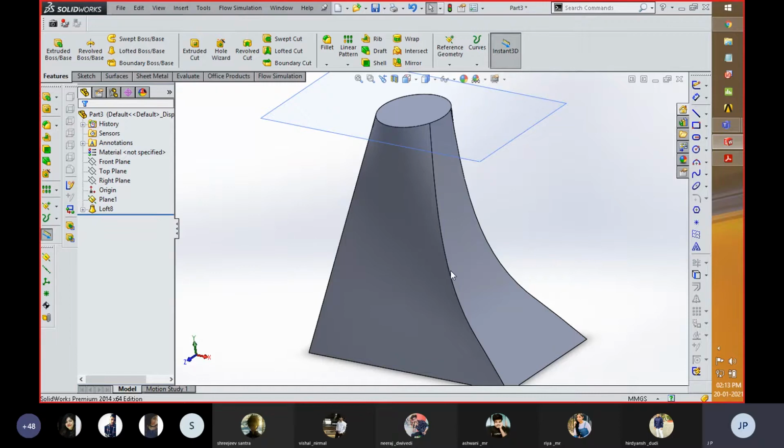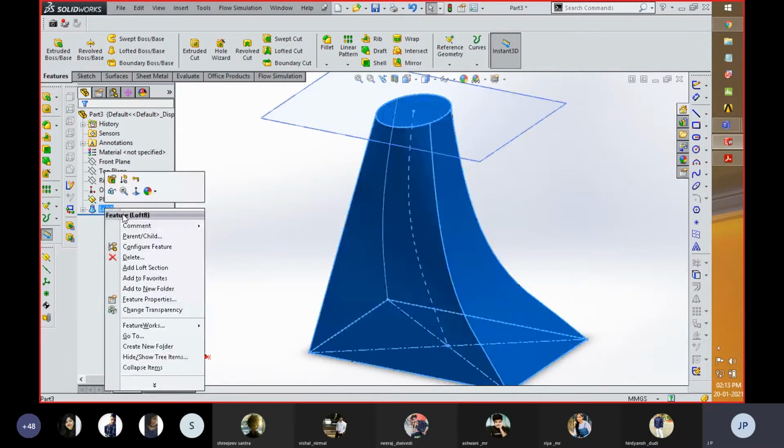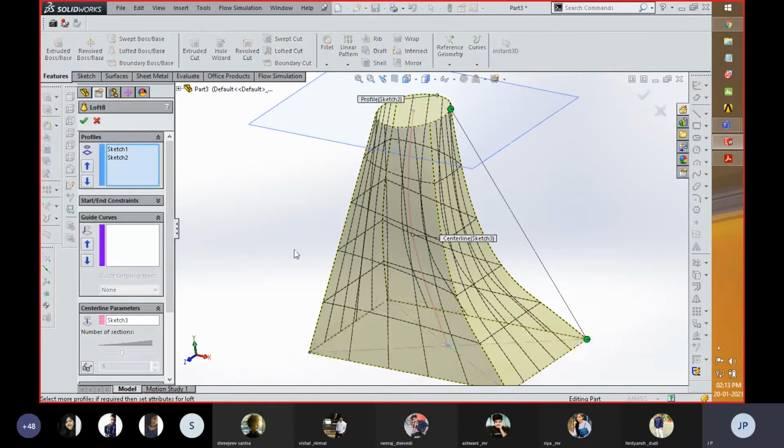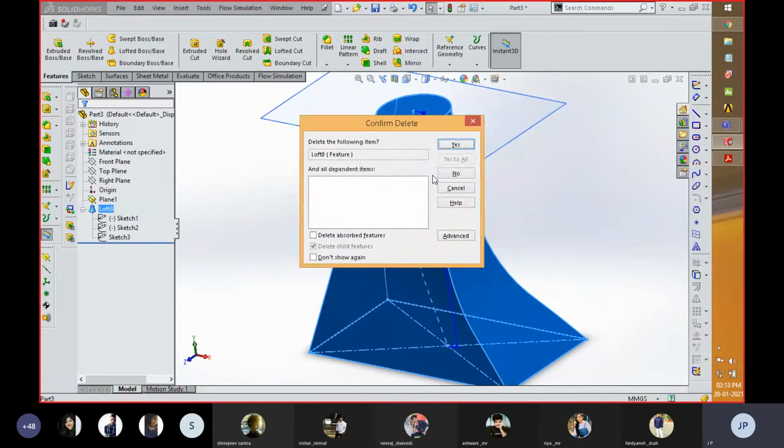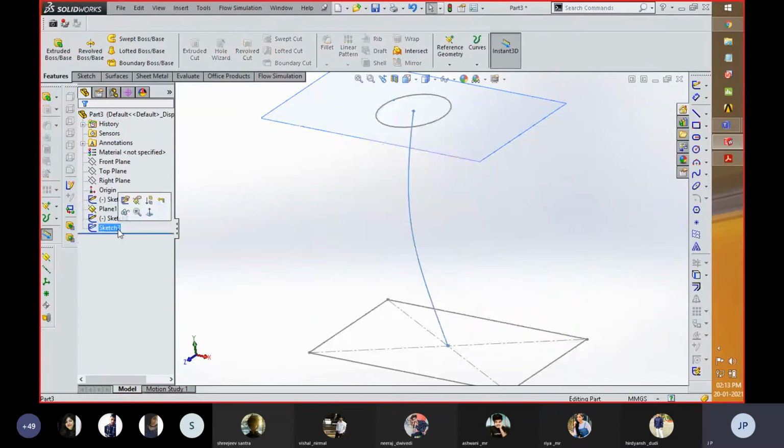Okay, so the tool which I showed over here is lofted boss, and you can see that the path followed by these two profiles is the center line parameter. The one more thing which was shown over here is guide curves. So these curves are created at the outer boundary of these two profiles, and that can be drawn in a different manner. So for that, I am going to delete this lofted tool over here, and also the sketch which I created over here. Now I am going to create two paths from these two ends which join these two profiles.